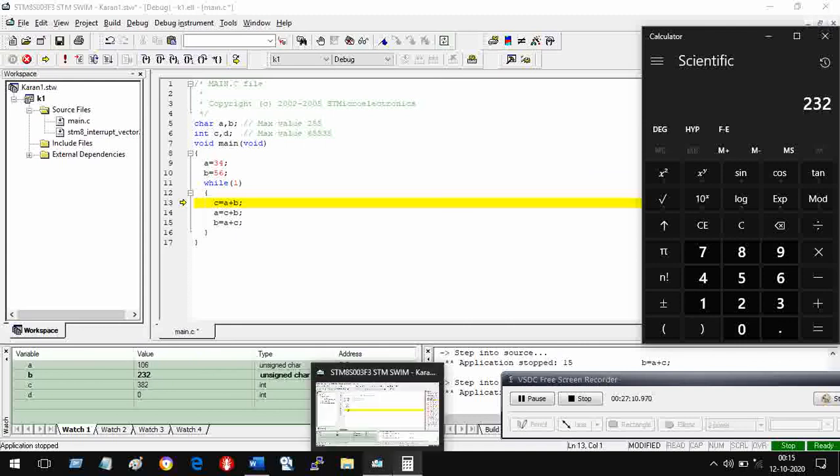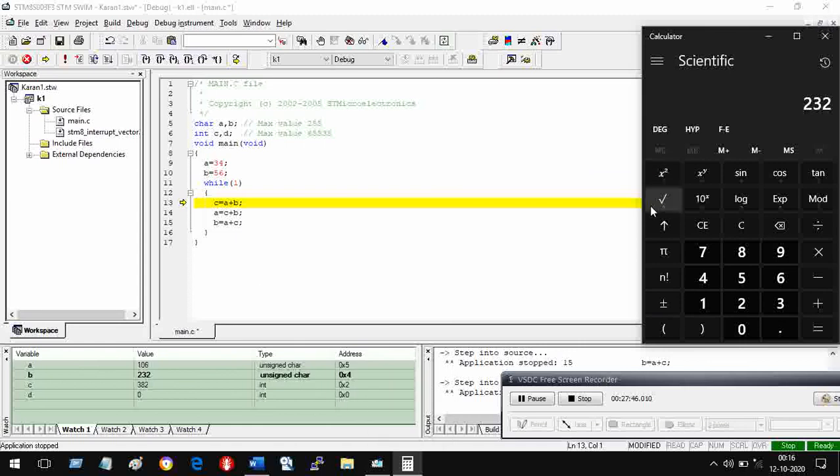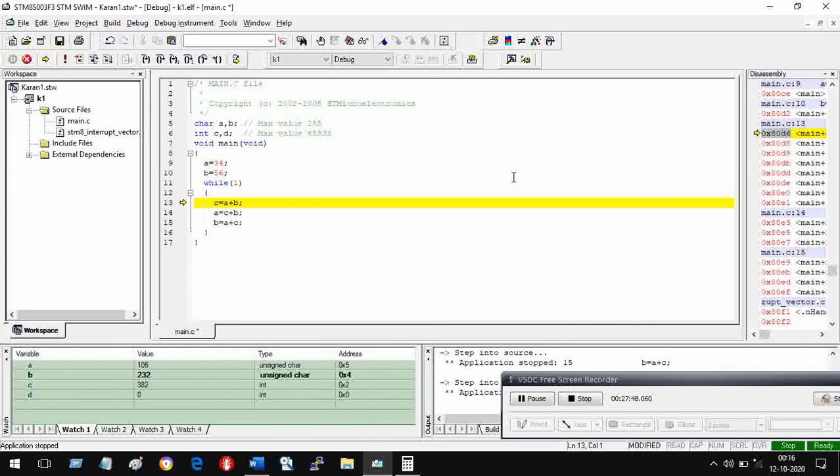So remember how you decide what kind of variable you want, whether it is to be a character which is an 8-bit number and maximum value 255, whether you want it to be an integer, in which case the maximum value will be 65,535. Like that, you have to decide how many bytes you want to assign to a variable, depending upon what values you expect in the real world, right? So this is how it goes on, and now you understand the meaning of char and int. I make a small modification.